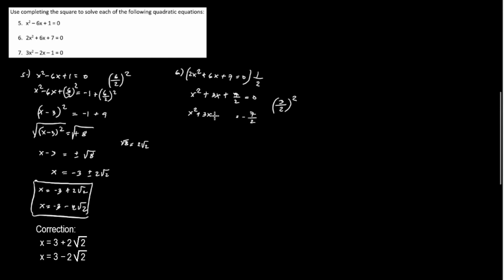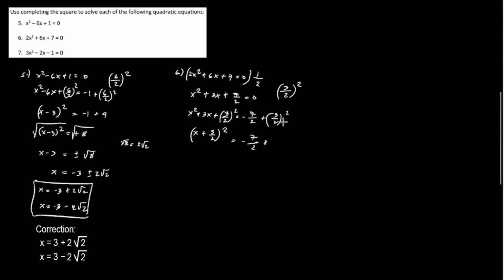You add to the left side 3 over 2 squared, and add also the same value, plus 3 over 2 squared. The perfect square is x, copy the sign, which is positive, and 3 over 2, and this is squared, equal to negative 7 over 2,